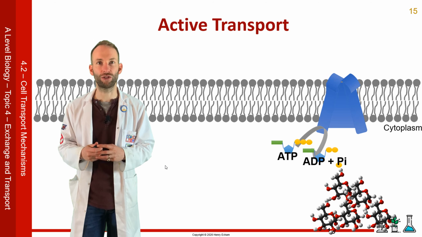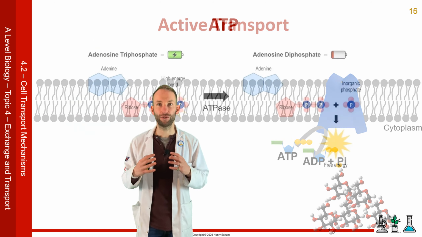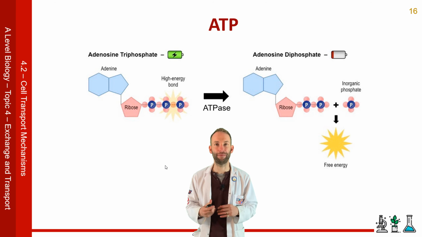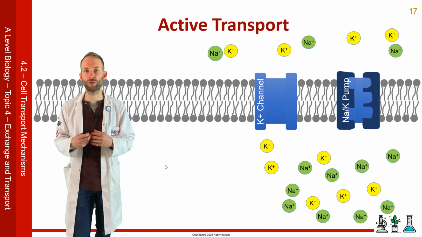which is enough to move that glucose molecule from a low concentration to a high concentration. As I said, the energy provided comes from ATP, and it's when you perform hydrolysis on ATP and split it into ADP and phosphate that energy gets released. And there is an enzyme that does that hydrolysis of ATP. It's called ATPase. This is a nice example that you'll come across later on in the course when you're studying the nervous system